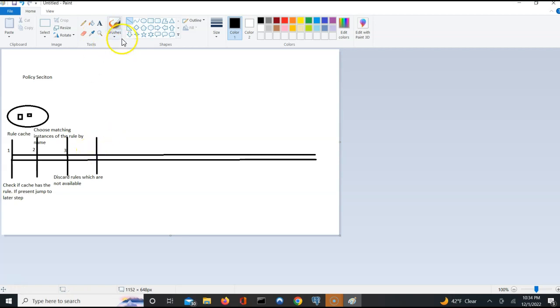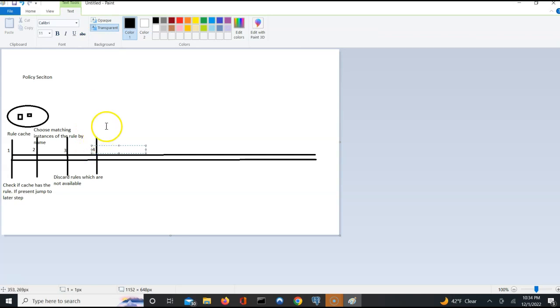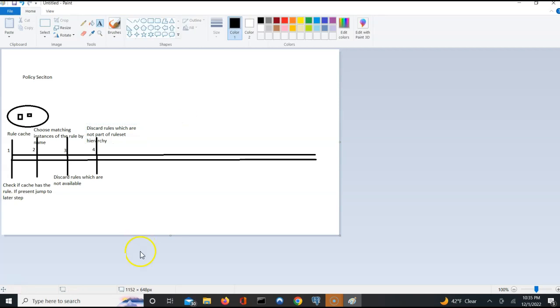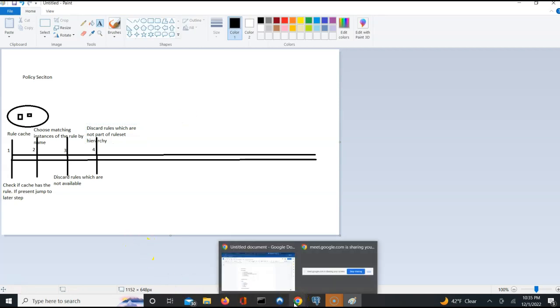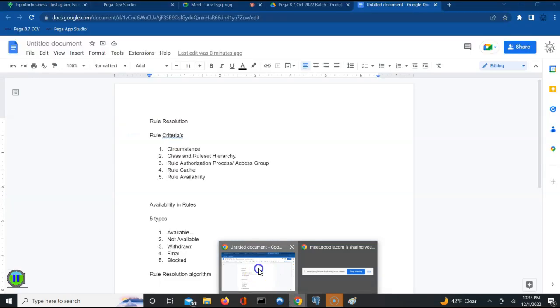For example... discard rules which are not part of rule set hierarchy. What is rule set hierarchy? Of course, the rule set versions 1, 2, 3, that is rule set hierarchy, as well as another way,